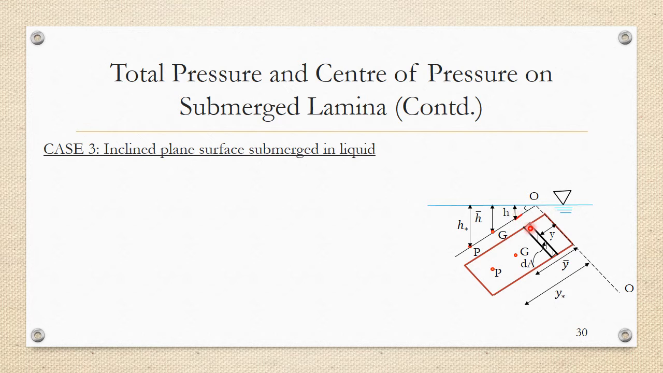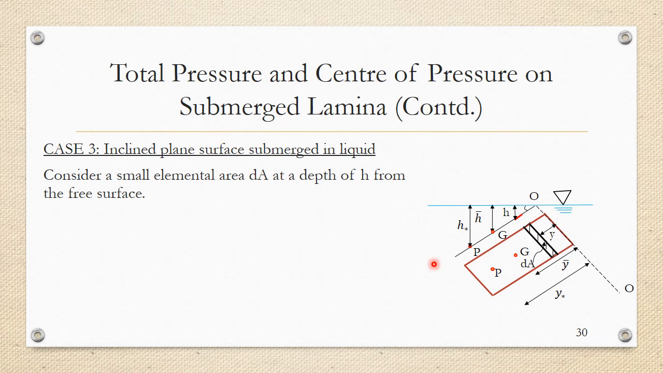So the small strip is at a general distance h vertically from the free surface and a general distance y along the plate. I've just taken a small strip dA at a distance of y along the plate and at a distance of h vertically from the free surface. So considering a small element dA at a depth h from the free surface, the pressure, okay, before that, again,